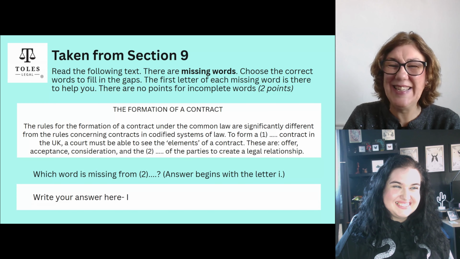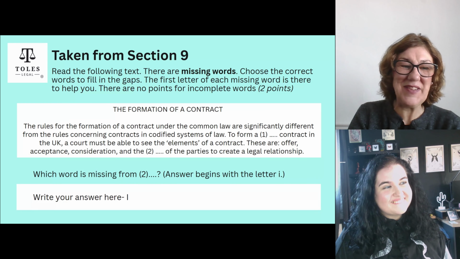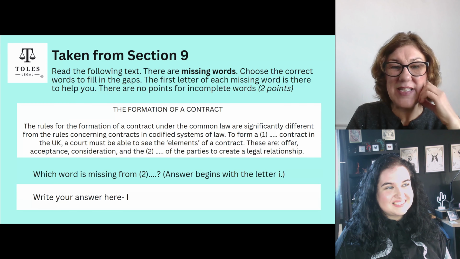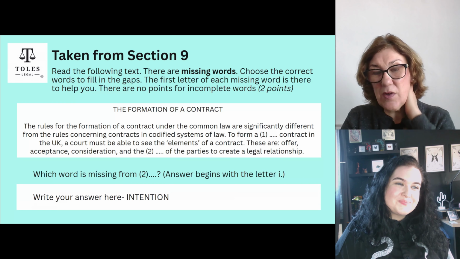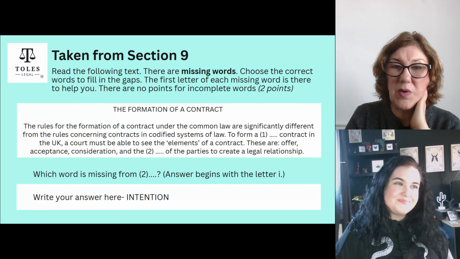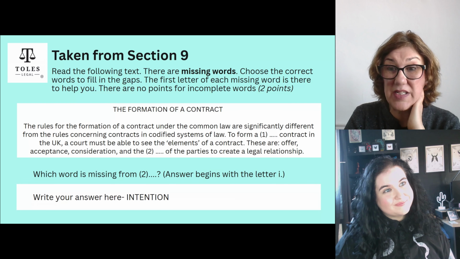INT. I do this in the classroom, you see, so I can't help doing it here. The answer is intention. To create a binding contract, you have to prove to the court that both parties intended for it to be